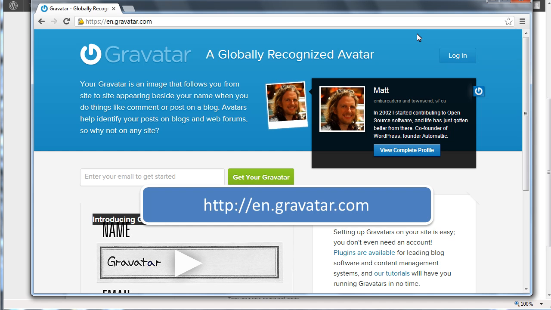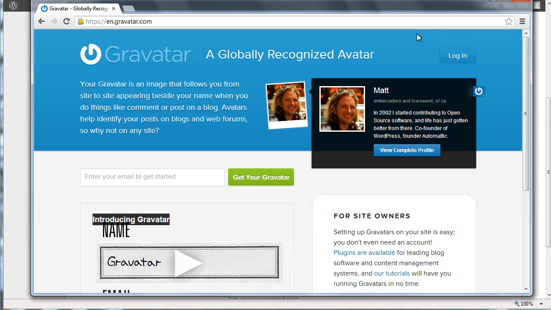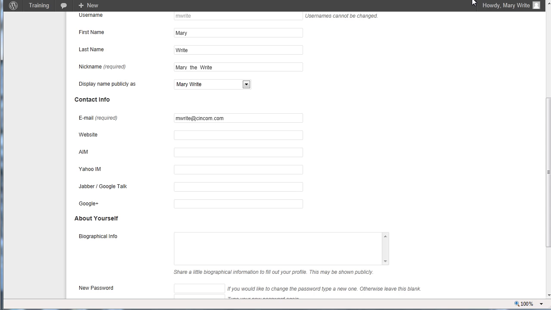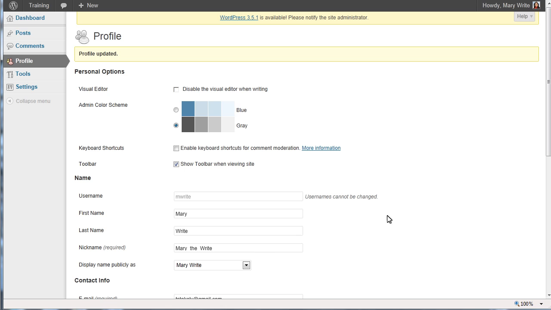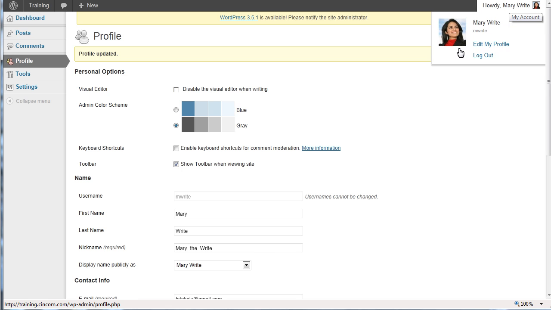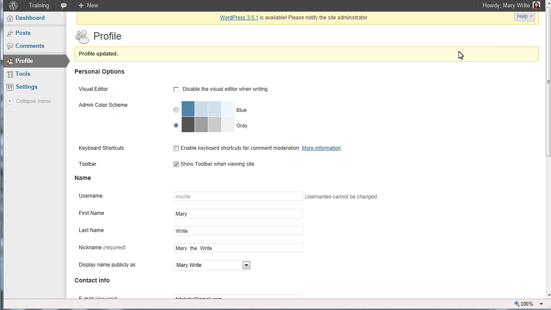The URL is en.gravatar.com. This is a free service you can use to set this up. Let me show you how this works. I've set up Mary's photo in Gravatar, but I have to use her Gravatar email address to activate it in WordPress. So when I change Mary's email address and click Update Profile, I can see the thumbnail photo here, and a slightly bigger picture here,